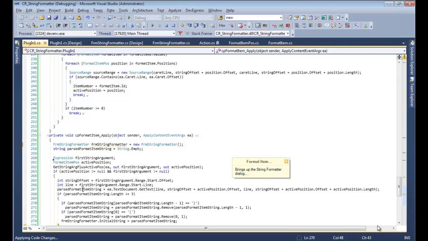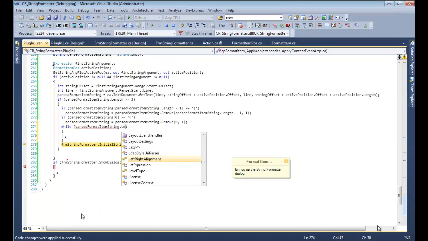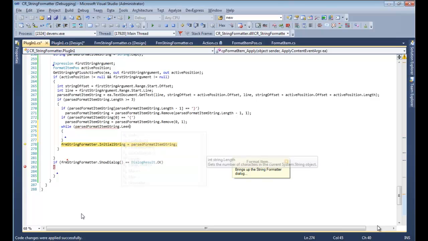Let's watch that happen. All right, so now our string is just the number 0. So now we need to take out the number. And I think it goes like this. It's like while this dot length... Why am I not seeing length there? Well, hold on. There it is. While length is greater than 0 and